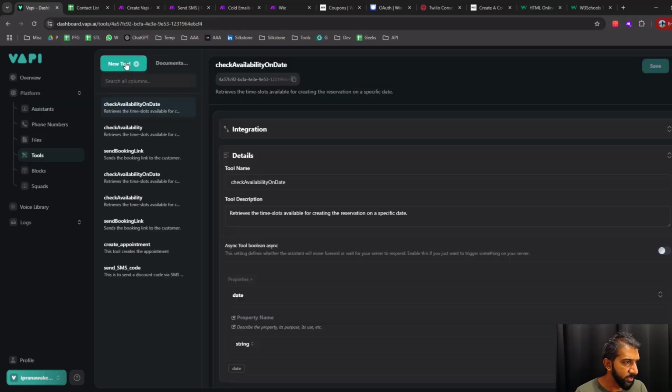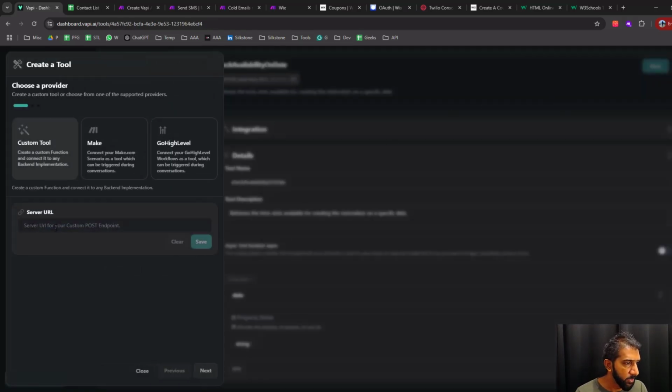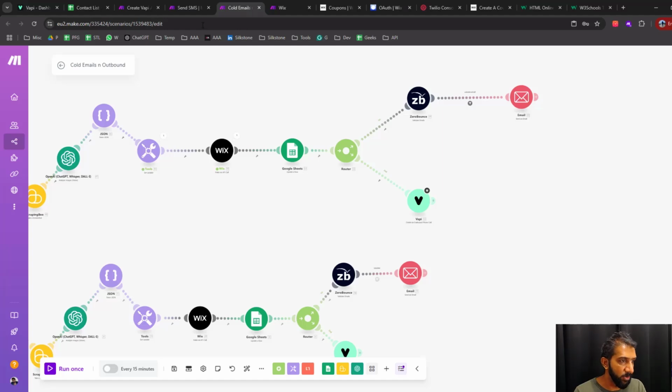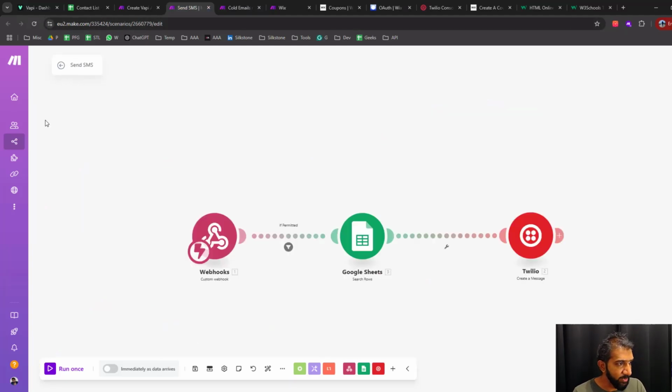Go to the tool section, create the tool, and you have to specify a server URL. For that, you have to create a different scenario. Go to scenarios and create a different scenario. Go to scenarios here and create a different scenario and send SMS. In there,